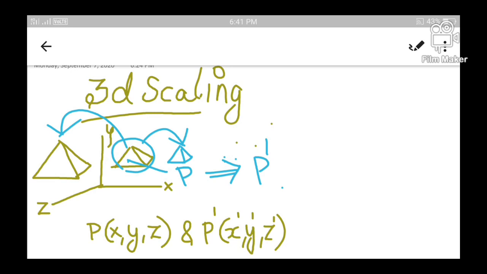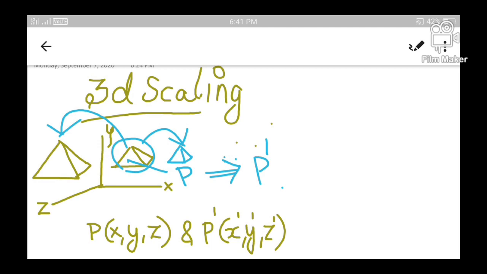Whenever an object undergoes a scaling transformation, all points in that object equally undergo changes. Okay, so that means whatever points are there in the object, all the points will undergo scaling transformation. Only then the entire object will be scaled. Okay, so if only some points of the object are scaled and some points are not changed, then it is called a fixed point scaling. I repeat, when only some points in the object undergo a scaling transformation, whereas some points are not undergoing any scaling transformation, then it is called a fixed point scaling.